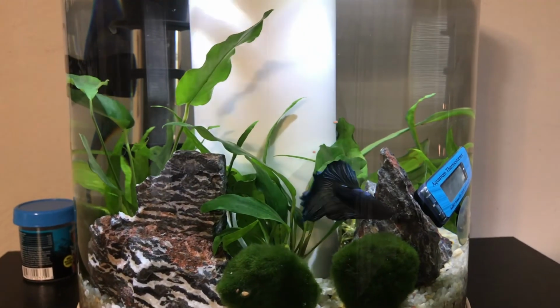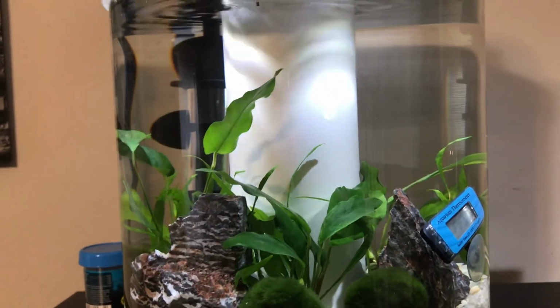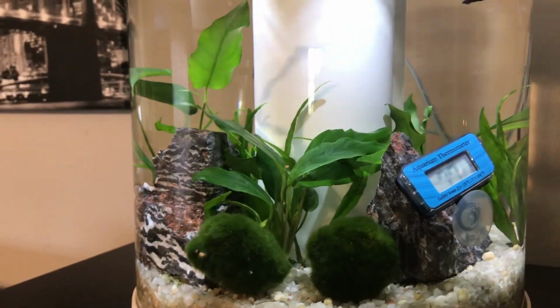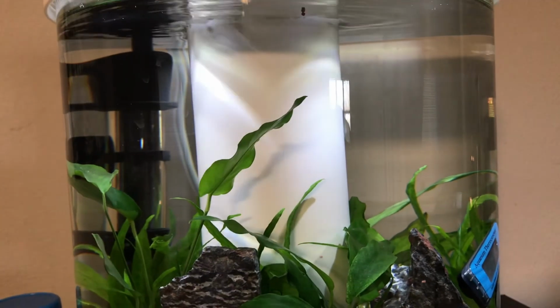Just to talk about his tank briefly, Gregory's tank is 3.5 gallons. He has all real plants in there. He has a thermometer. The middle column is a filter that barely dribbles because bettas aren't the best swimmers. And he has a heater